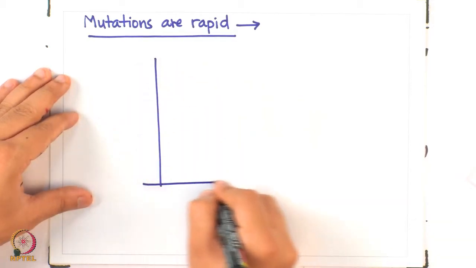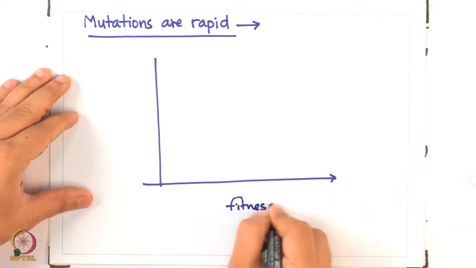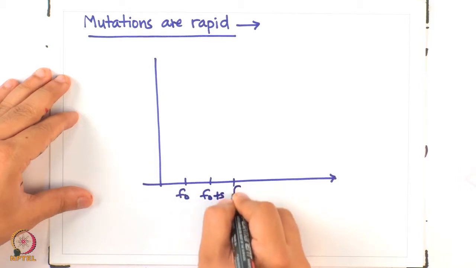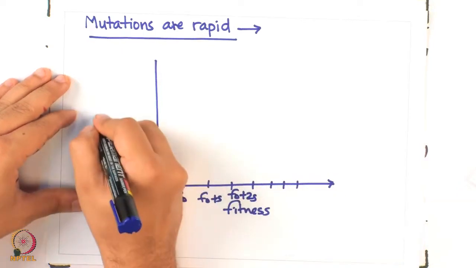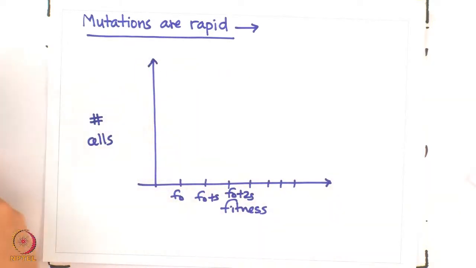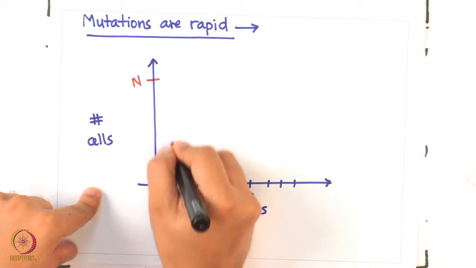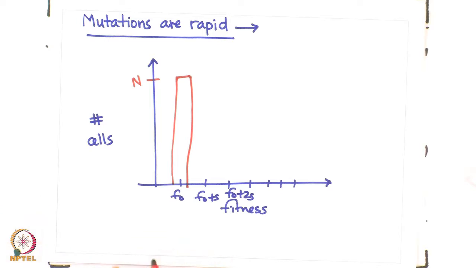The way it's going to play out is the following: we have fitness here, F0, F0 plus S, F0 plus 2S and so on and so forth, and we have number of cells on the y-axis. And to start with, if this is n, there were n number of individuals at fitness F0. And as I go forward in time, the cells are growing. Eventually what is going to happen is that